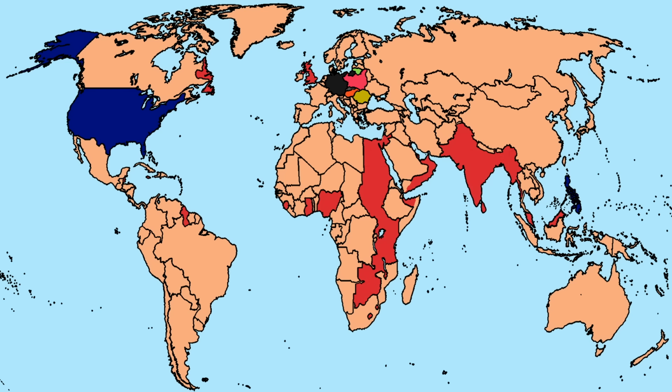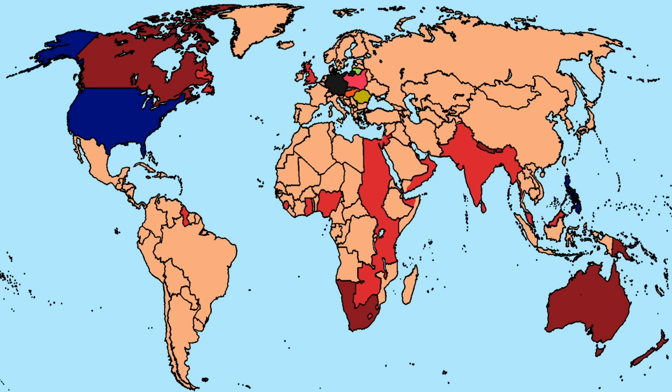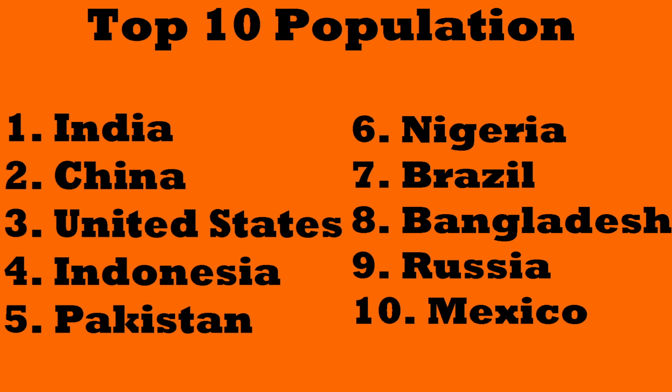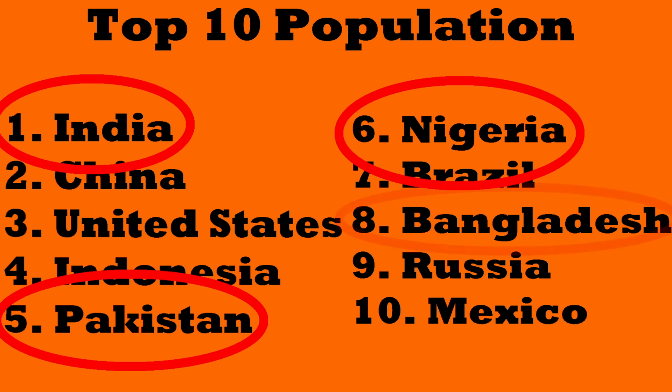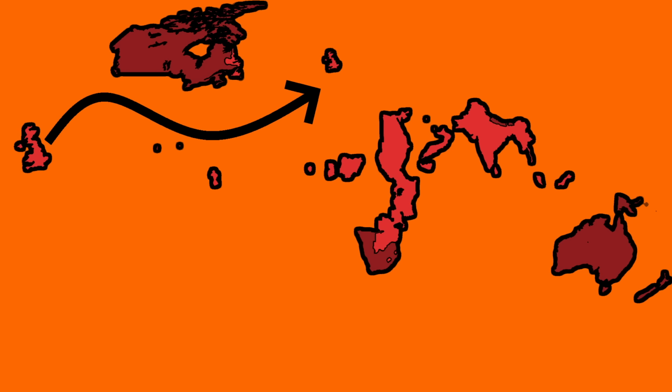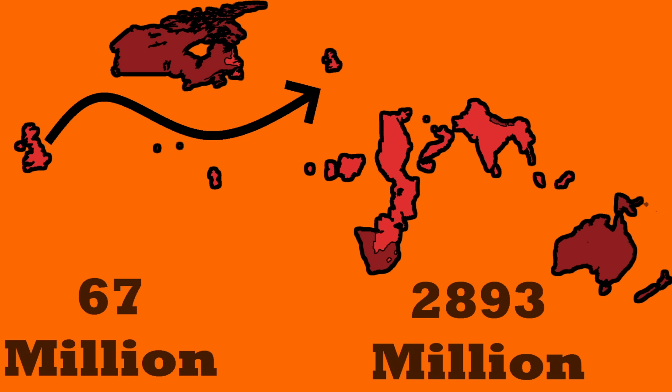Safe to say, their changes are massive, as I will not count just their direct colonies, I will also still include their dominions, despite their semi-independence at this point. In terms of population, this new British Empire is frankly insane. They annex India, Pakistan, Nigeria and Bangladesh, all of which are already in the top 10 most populated states on their own. This easily propels Britain to the top, as together with their various other colonies, they now have a